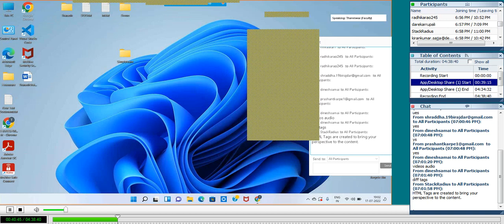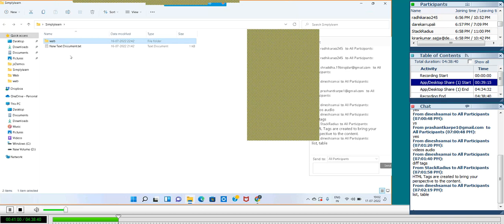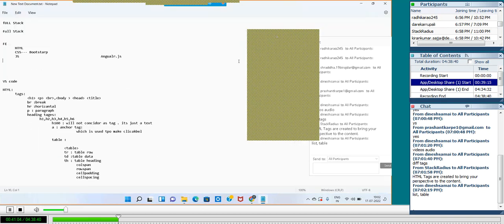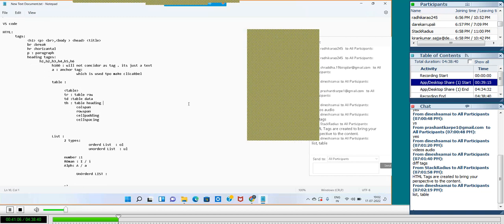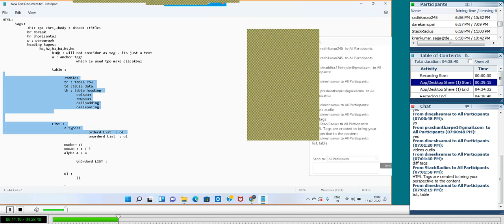How the tags are created brings you the perspective of the content. So we saw many of the tags, right? See if I can open this one and maximize it. Notice these are the things. List we saw, table we saw, and H1 heading tag, paragraph tag, break tag, body tag, head tag,